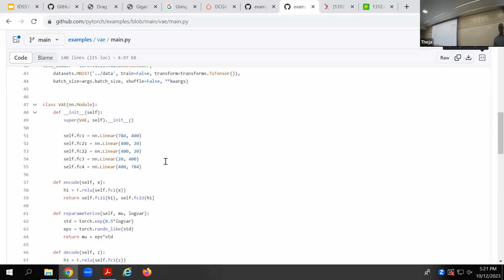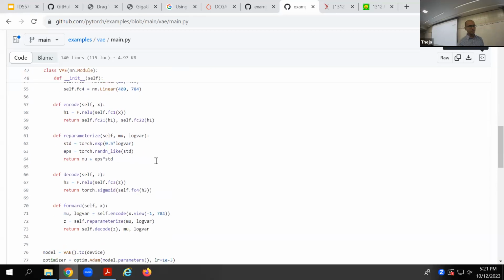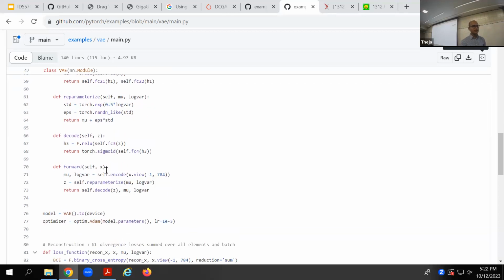And then decode, as I said, there is a fully connected layer going into 400 dimensions, again going back to the 28 by 28 or 784 dimensions. And they have explicitly used ReLU in the two fully connected layers. There's a ReLU operation in between. And the forward pass is to first encode, then sample, and then decode, and they're also returning the mean